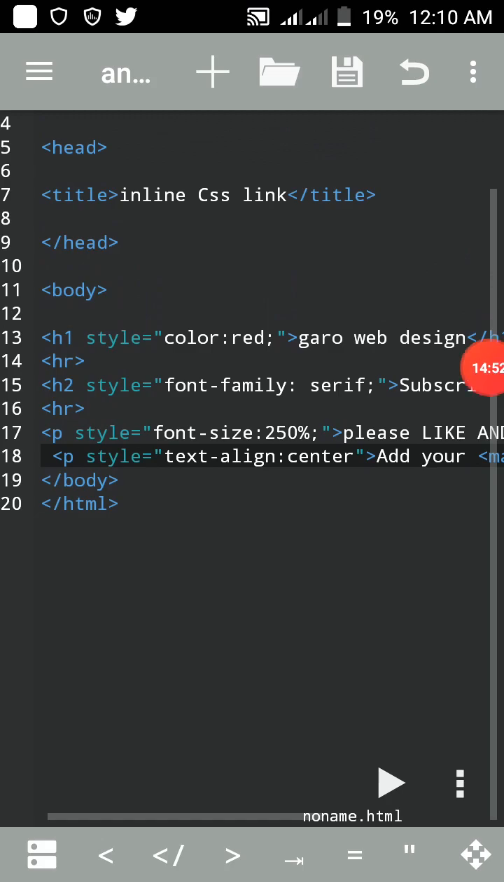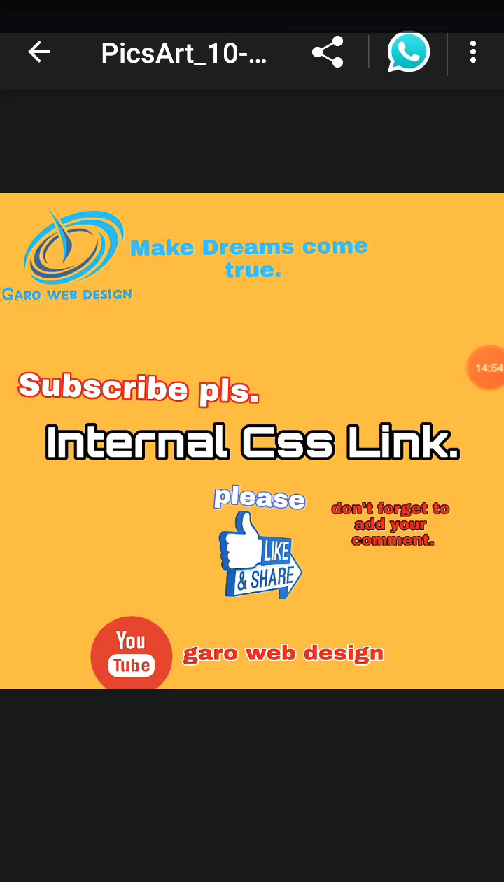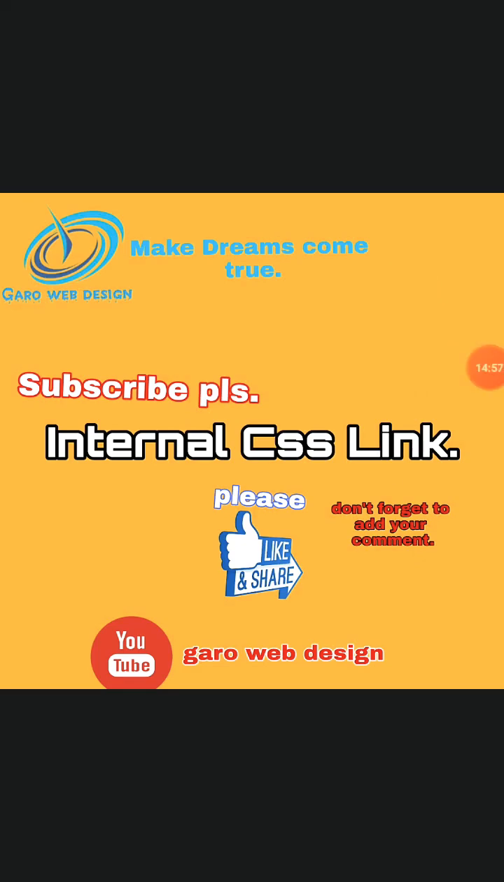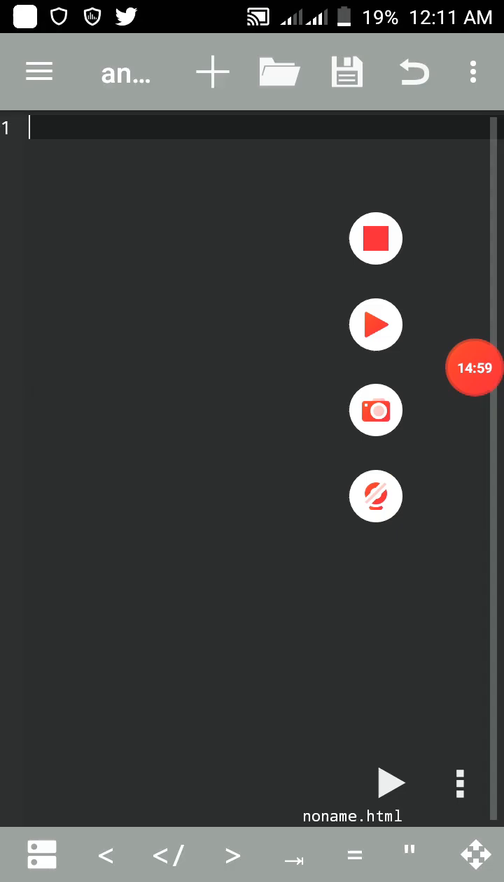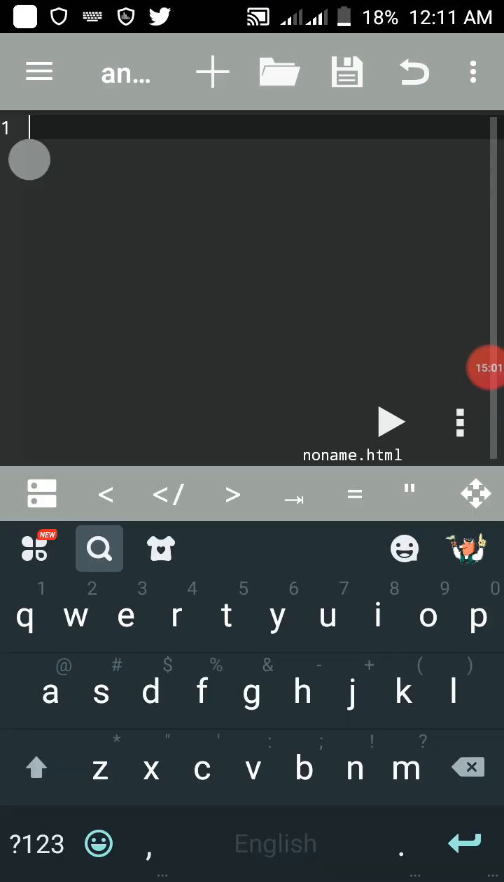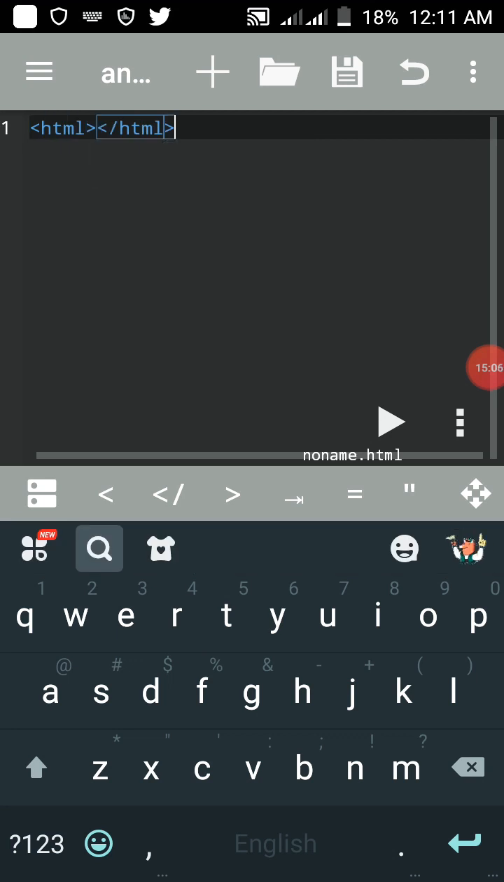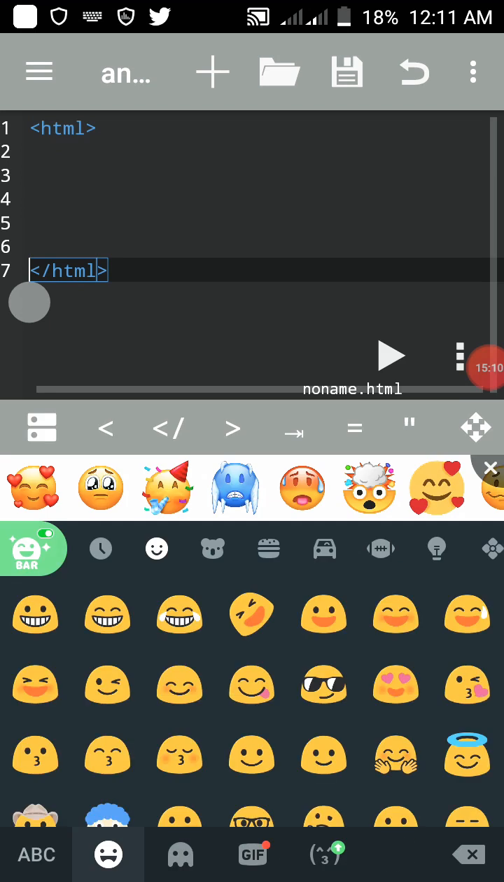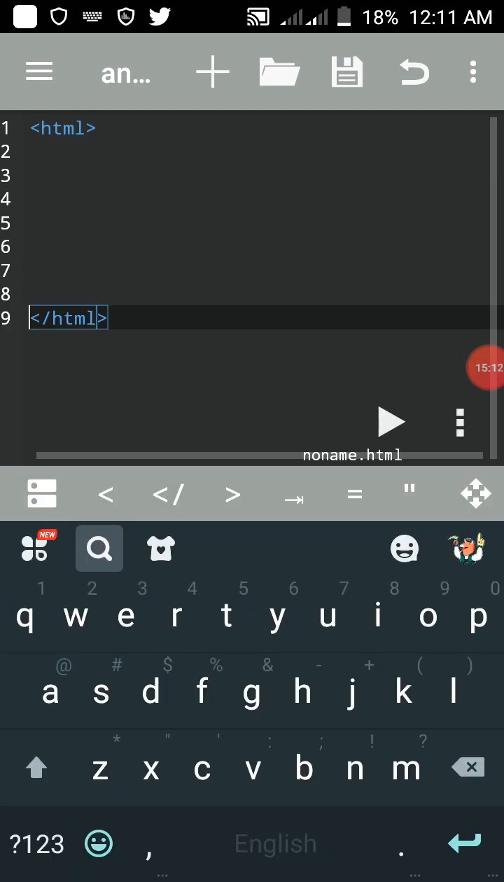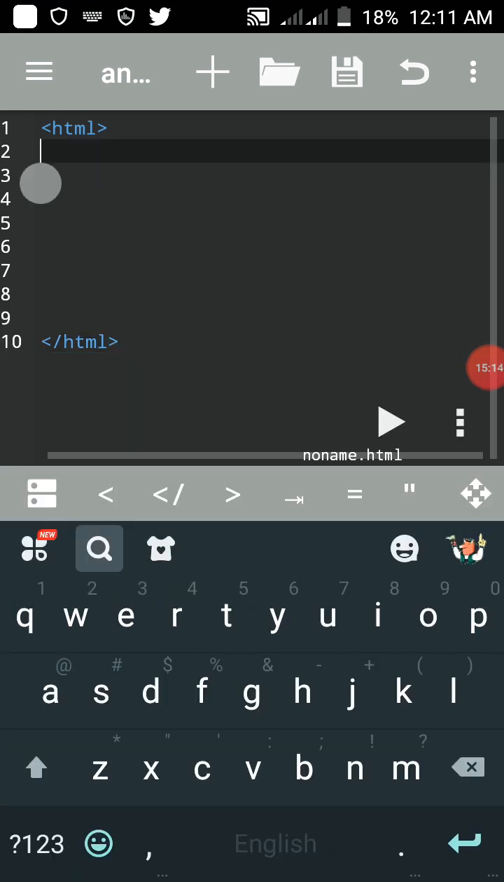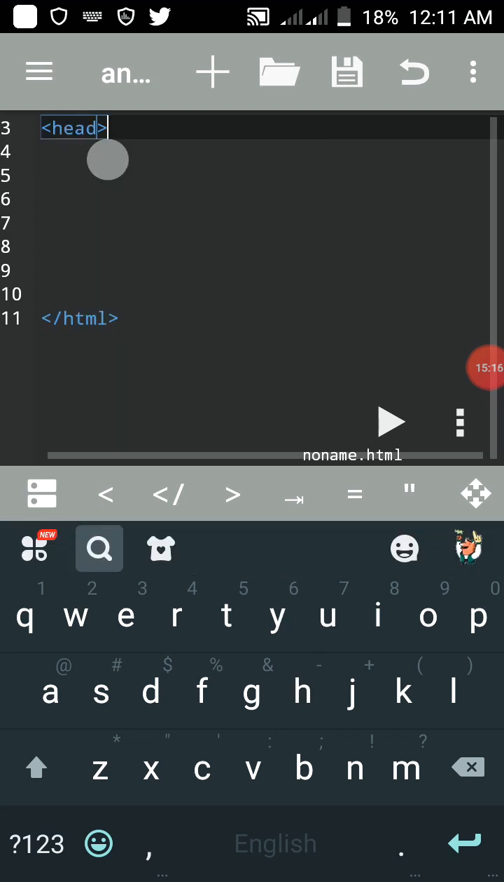Then let's look at some examples for internal CSS. This is our IDE. Let's go for it. You can just style it with HTML. You close HTML. Inside it, let's take it down. Then we can get our head, the closing of the head, and inside it,